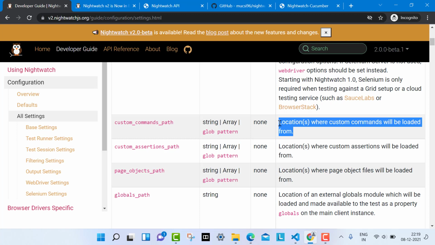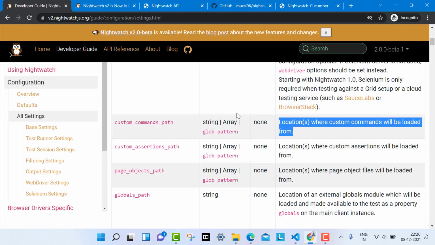So where will you write it? That's why Nightwatch has given us the preference to write custom commands. They have given it in a way that you create a folder, you write the custom command into that one, and you don't need to do anything else, you just write it there and use it. So you will write the custom command for selecting the date there, and you can use it.